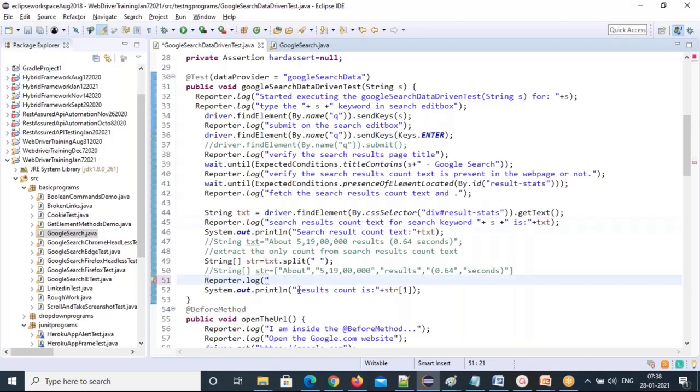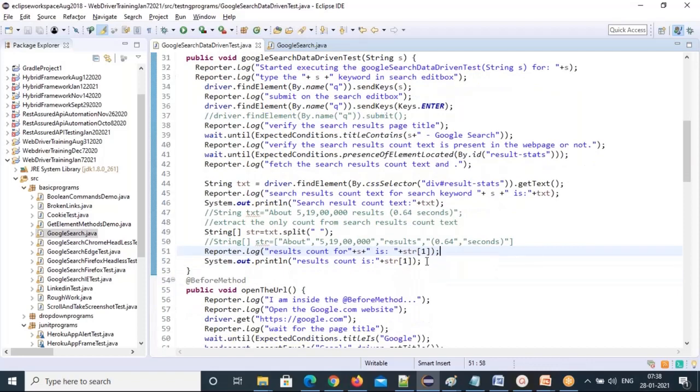You need to write the reported.log results count for keyword, so you can do that plus str of 1. So this is what we are doing completely.